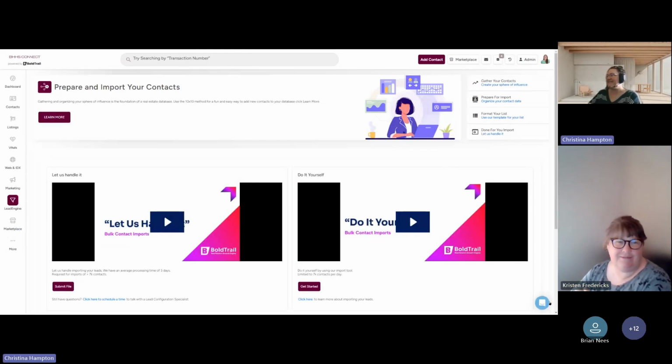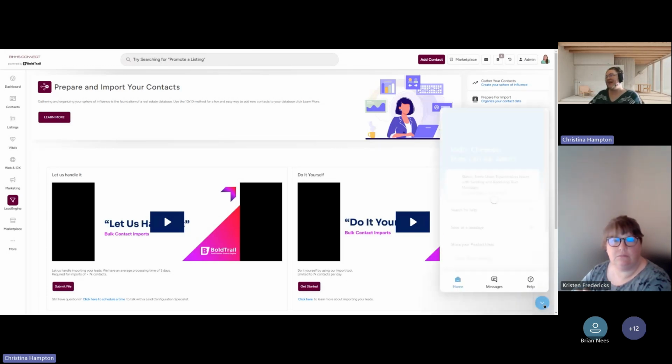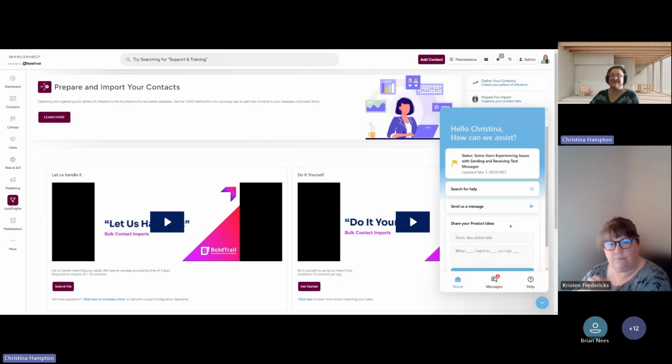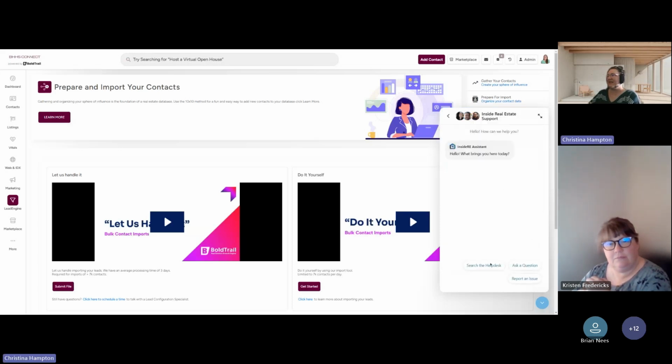Absolutely. So one is this blue smiley face chat widget on the bottom right-hand side. That little smiley face, there is a bot here, and this bot answers about 30% of information. So if it's midnight or 11 p.m., our humans aren't there at that time, but the bot is always there for you. So send us a message, and I might want to search the help desk, which are those articles I showed you. I might ask a question, or I might report an issue. So if I want to ask a question,